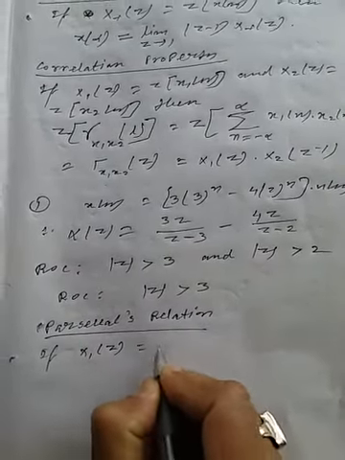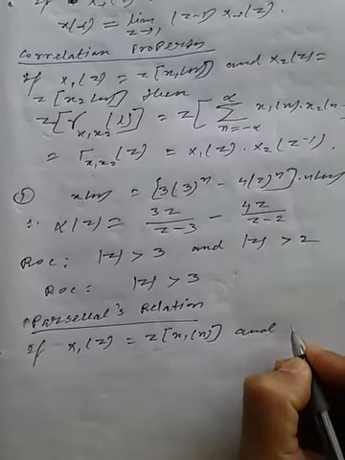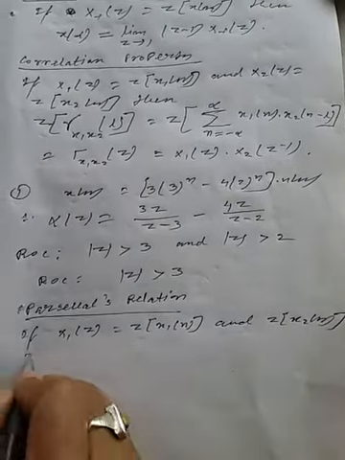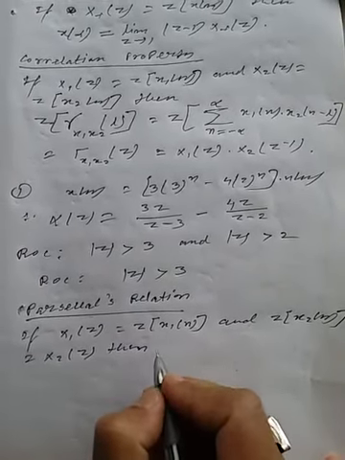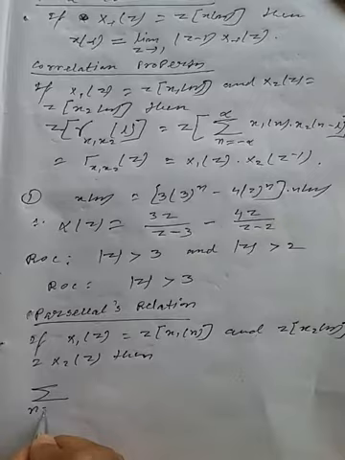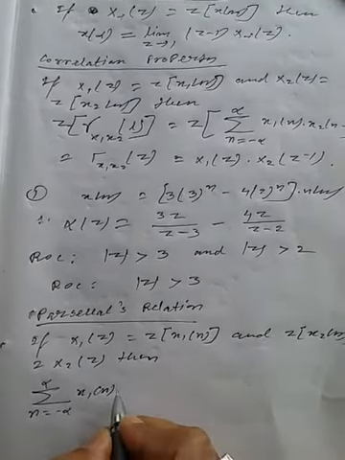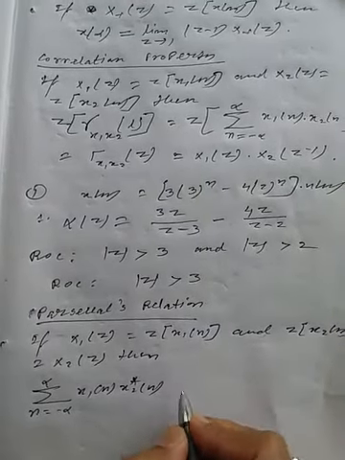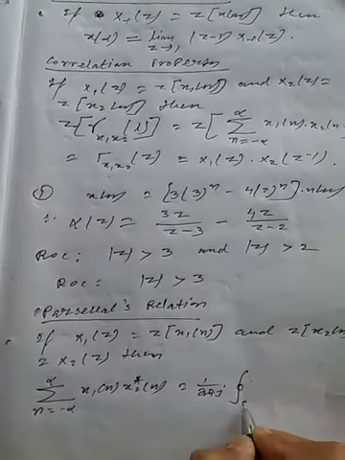of a signal x1[n] is X1(z), and Z transform of another signal x2[n] equal to X2(z), then the Parseval's relationship is summation of n equal to minus infinity to infinity x1[n] into x2[n] complex conjugate is equal to 1 by 2 pi j contour integration